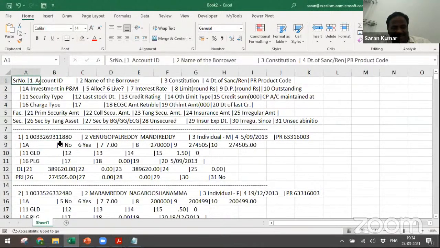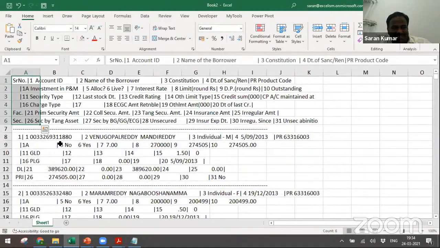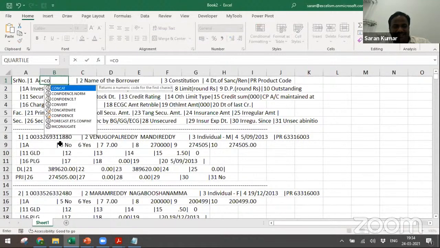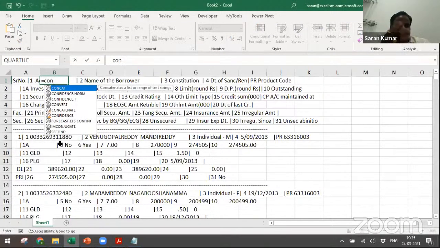So let me delete till the heading. Now I want to join all these 6 items together with equals. For joining, there are many functions. You can use concatenate. You can use the recent function called concat. You can even use a function called textjoin. But let me tell you, textjoin is available in 365. Concat is a function from the 2019 version. Concatenate is the function available for many years, but a very outdated function.